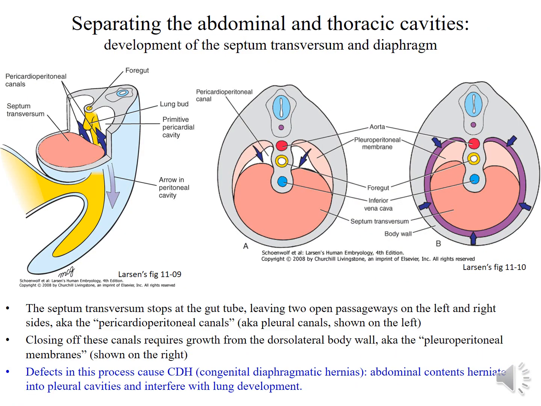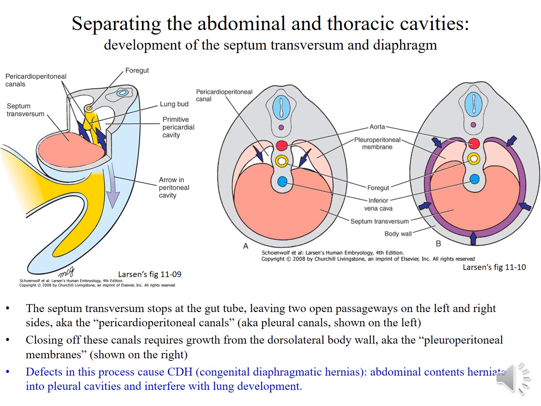So in this diagram we can see the contribution of the septum transversum. This red color structure is the septum transversum, forming the anteromedian part, and these arrows are in the pericardio-peritoneal canals, which are enclosed by the pleuroperitoneal membrane. The purple color part is contributed by the body wall, and the posterior most part is where we can see the foregut. It is contributed by the dorsal mesentery of the esophagus, right?